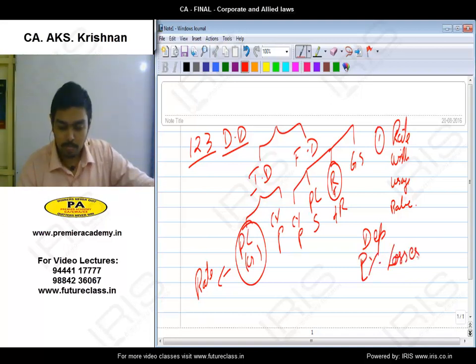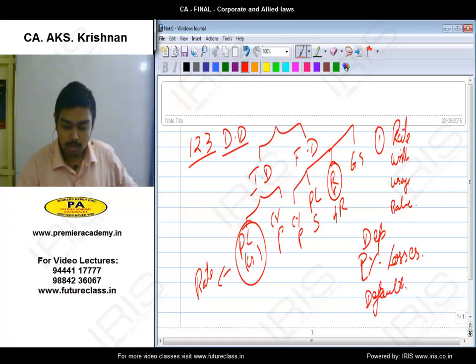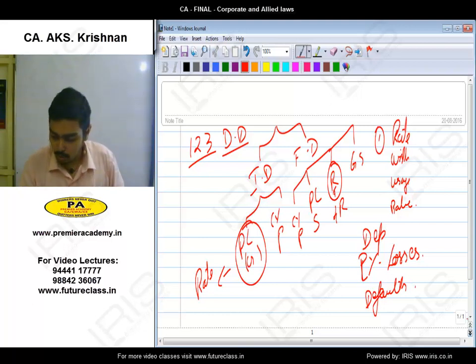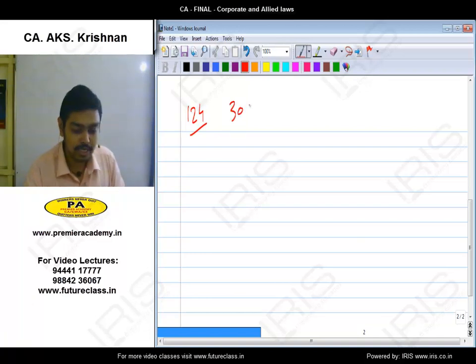Then we have studied what? In one deposits, it does not accept any deposits. Okay. So this is what broadly we have studied. Then section 124 we studied, unpaid dividend. So after declaration of dividend, within 30 days it should be paid, and within 5 days it should be